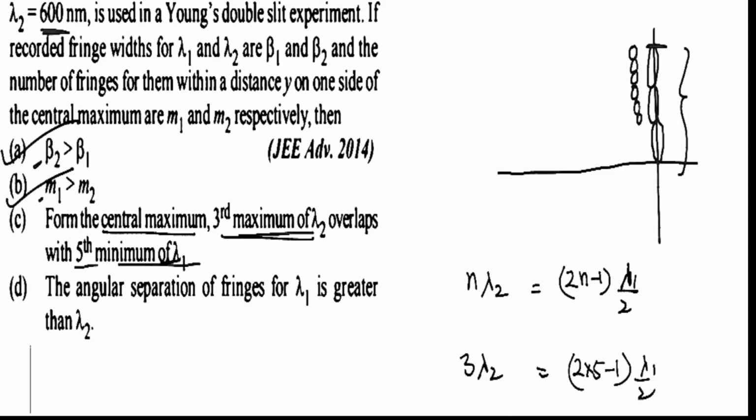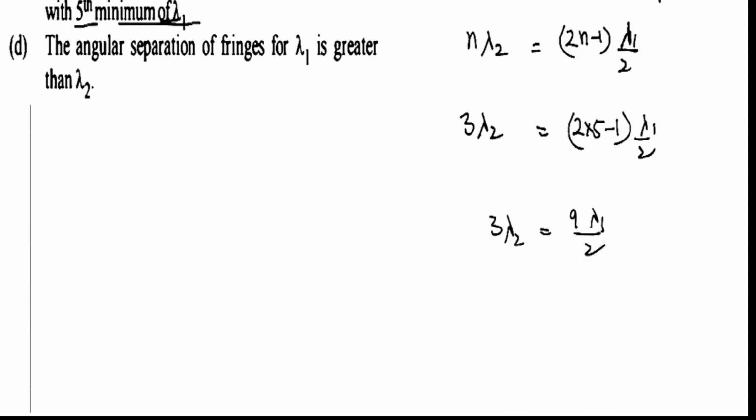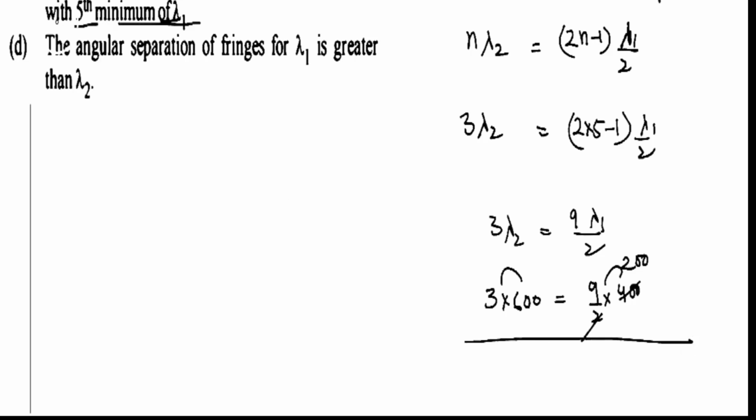अब देखो लैम्डा 2 क्या है 600 और लैम्डा 1 क्या है 400, तो रखते हैं 3 इंटू 600 इज इक्वल्स टू 9 बाई 2 इंटू 400, ठीक है, तो ये गया भाई आपका 2 बार, ठीक है, ये हो गया 1800, ये भी हो गया 1800, बराबर है, तो इसका मतलब थर्ड ऑप्शन भी आपका करेक्ट है।